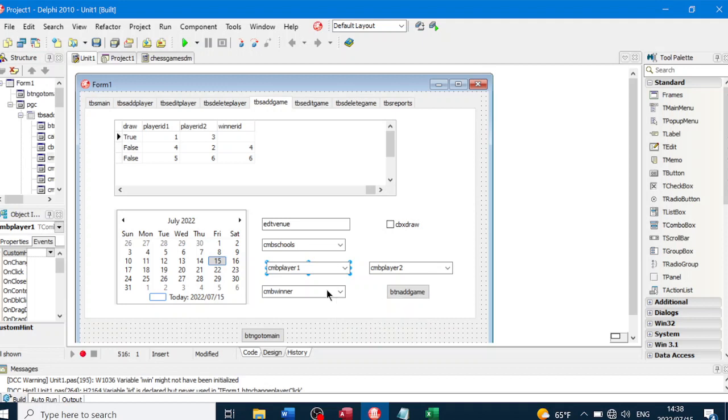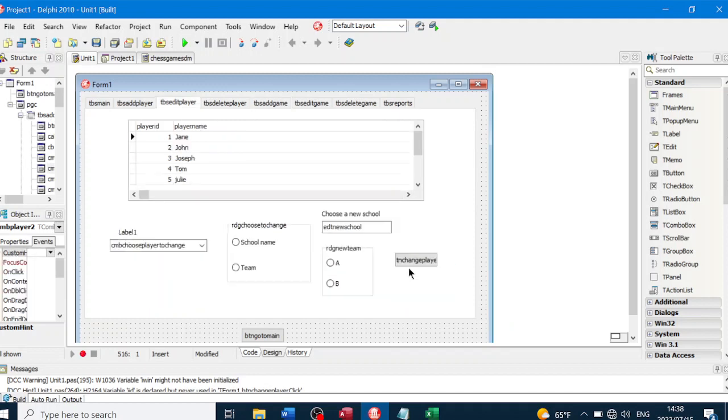So when they choose the school, then the player combo box will be filled, and then we'll have a button to choose player 1 and a button to choose player 2. So we don't need two combo boxes, we just need